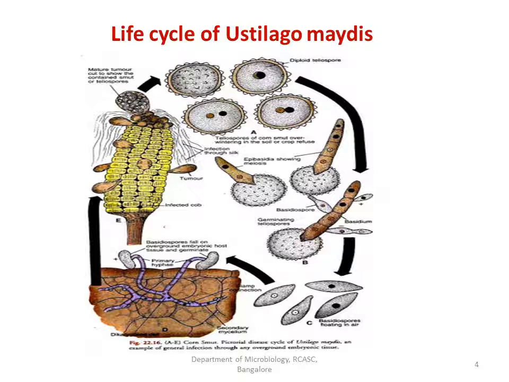So such a cell germinates and produces secondary mycelium. The secondary mycelium is dikaryotic in nature. This dikaryotic mycelium grows inside the host tissue, and it can grow in between the cells, or it can even enter inside the cell of the host tissue. It can be either intercellular or intracellular.